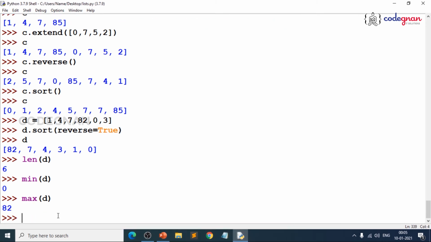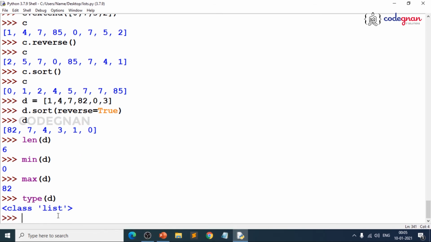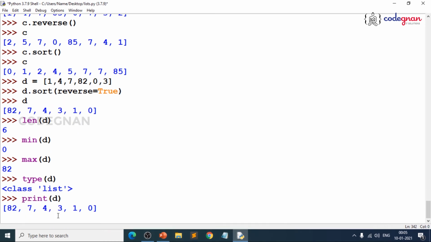See, already we have understood 5 built-in functions, if I am not wrong. Yes, length, minimum, maximum, type, and we also know print. So don't forget them. You will be using all of them, but when we go to functions, we will have a display of built-in functions, and even you can create a list directly. You need not pass the values, because list is also a built-in function.